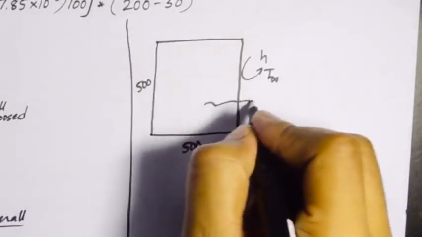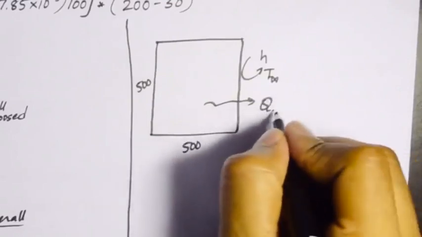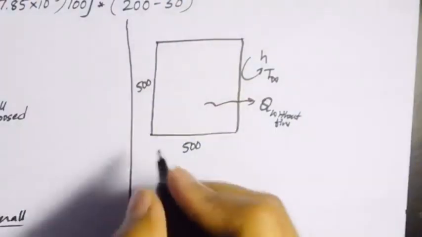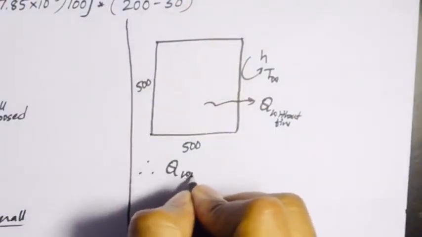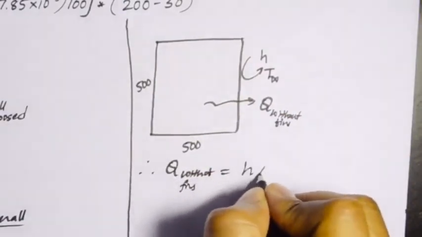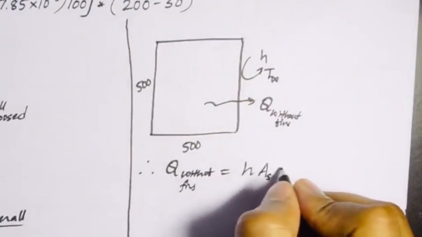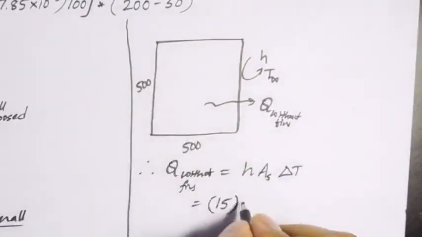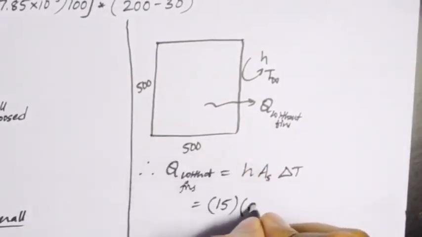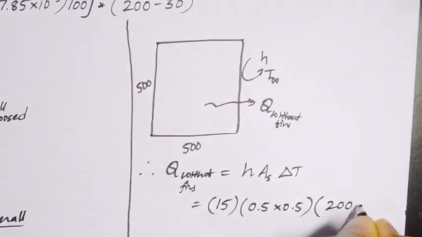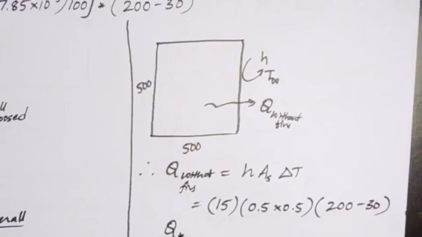So the heat will be transferred from the wall to the surrounding by Q without fins. We'll name or differentiate this as Q without fins. Therefore, the heat transferred without fins will be due to convection, which will be given by h, surface area, into delta T. So h value is known, surface area is going to be 0.5 meter by 0.5 meter, multiplied by the temperature difference. You will get the heat transferred without fins as